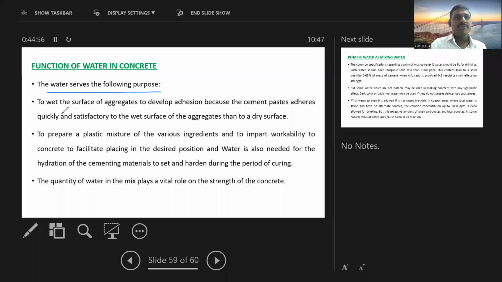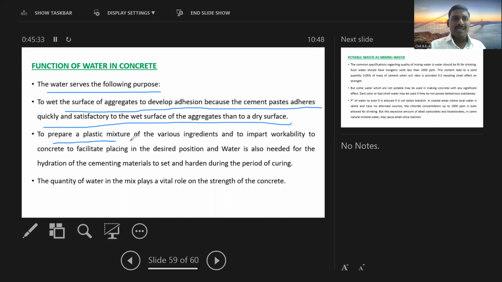The purpose is to wet the surface of the aggregate to develop the adhesion, because the cement paste adheres quickly and satisfactorily to the wet surface of the aggregate than the dry surface. So the wet surface, जो dry surface असतो cement आणि aggregate आपण sand mix केलेला, if we add the water into the concrete, that surface will be wet, and wet it means